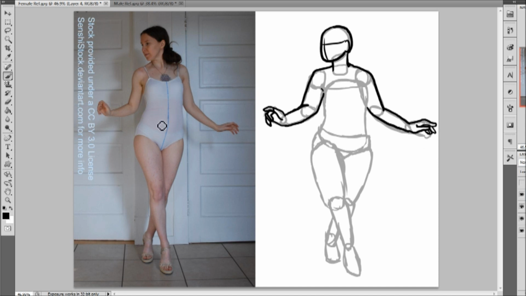Now, we have overlap, okay? So here we really have to pay attention. We do have the side of the chest, but then there's also a little crease just right there, similar to the one that I already identified on the other side. So I'm just going to include a little bit of a crease, a little bit of a crease,